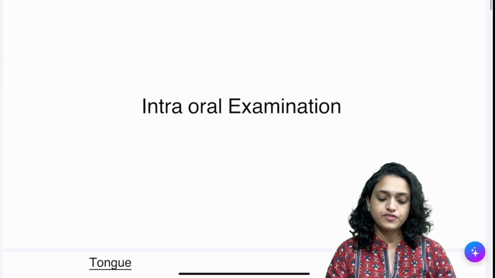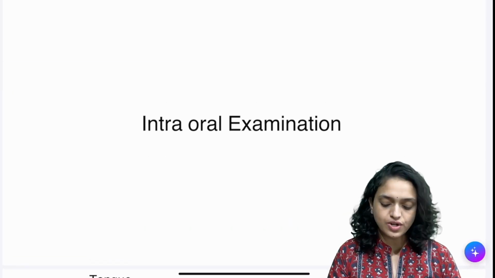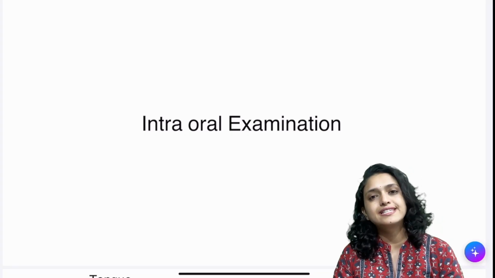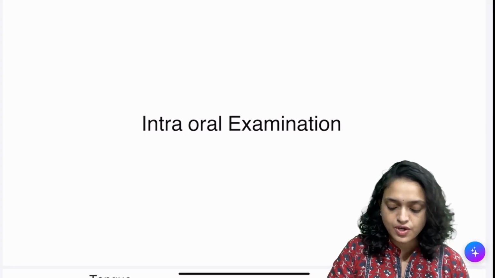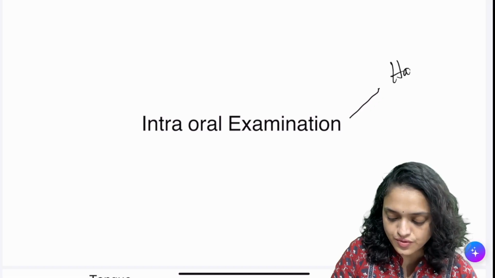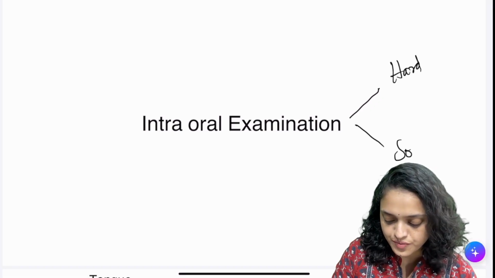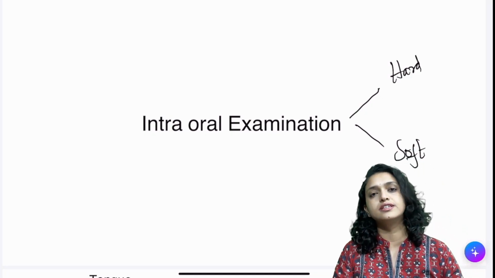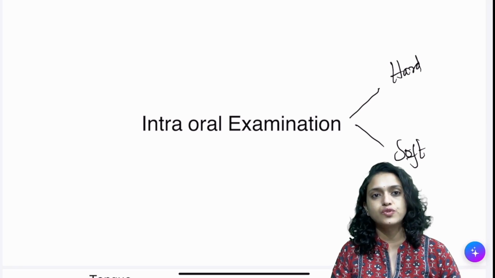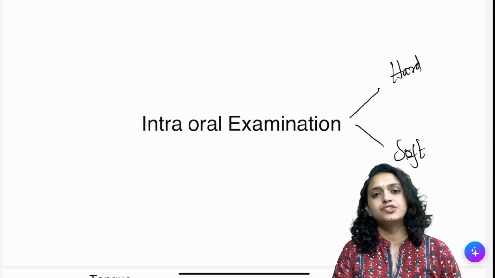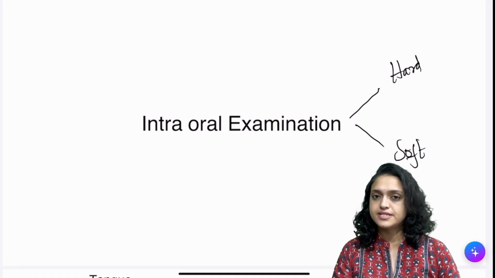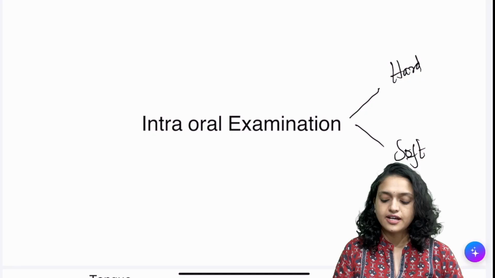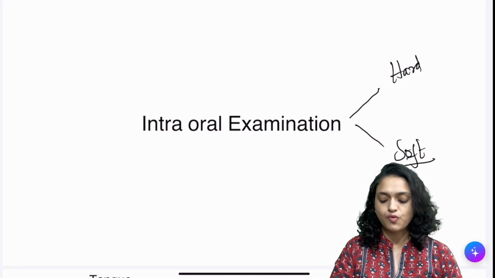So coming to the first one, the intraoral examination. Intraoral examination basically is the examination of the intraoral structures, which involves hard tissue and soft tissue. Hard tissues are basically your dental structures, the different types of malocclusions, vertical, sagittal, and transverse malocclusion that can be seen in a patient, and the soft tissue examination, which involves the tongue,